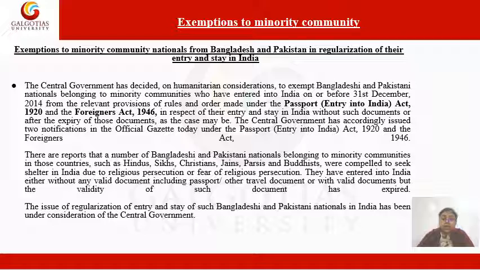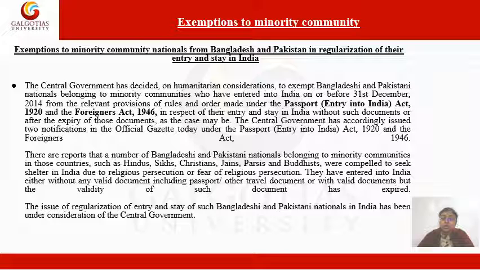So a particular state can come up with certain exemptions under certain conditions at certain times, where they will not be following the general rule which they have made for entry and exit. Okay, so this is one such